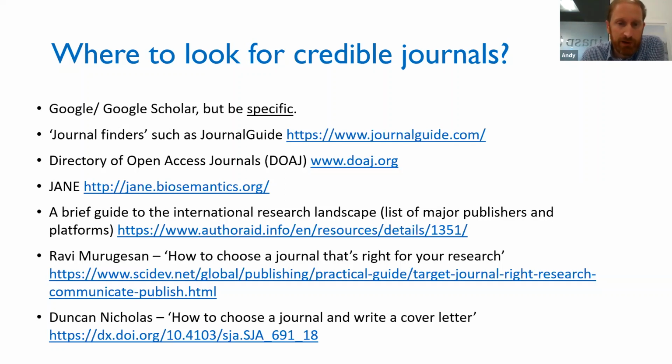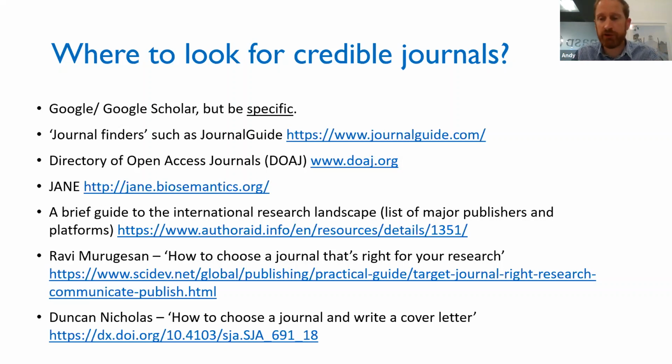There are some websites here I've linked to. There are various different journal finder websites. You can find them on commercial publishers like Springer and Elsevier, but there's also some more neutral websites such as journalguide.com. There's also the directory of open access journals, which I'm going to mention several times. There's this really useful tool called Jane, which basically you paste in the abstract or a part of your research, and it analyzes the text that you've used and recommends journals based on the text of what you've provided.